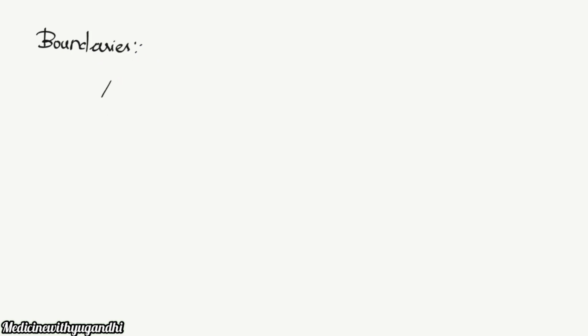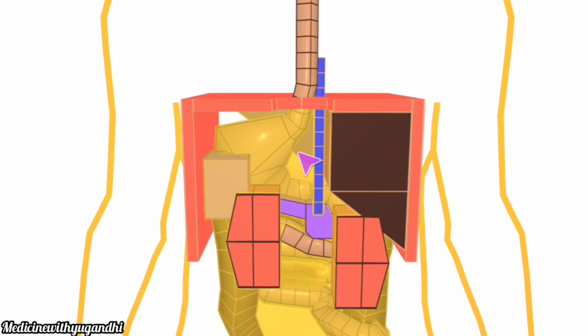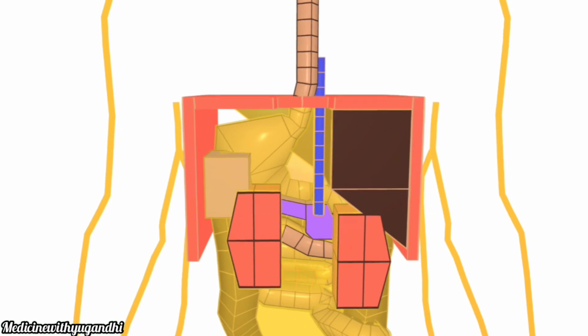First, coming to the anterior boundary. As I already mentioned, this lesser sac is a potential space beneath the stomach, lesser omentum and the caudate lobe of the liver. Now let us see the anterior boundary of the lesser sac. First one is the peritoneum covering the caudate process of the liver. Then of course, the caudate process also forms the anterior boundary of the lesser sac. Then the posterior layer of the lesser omentum.